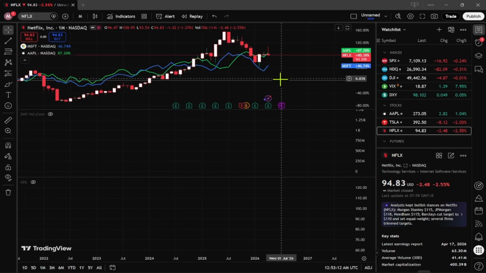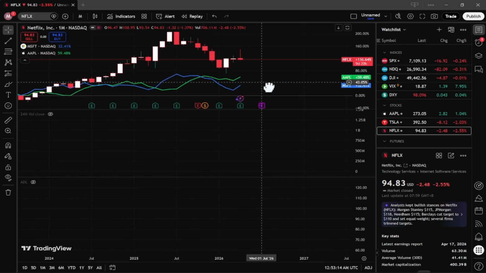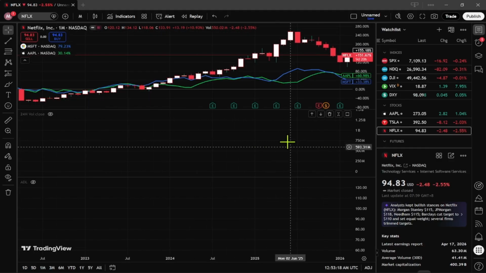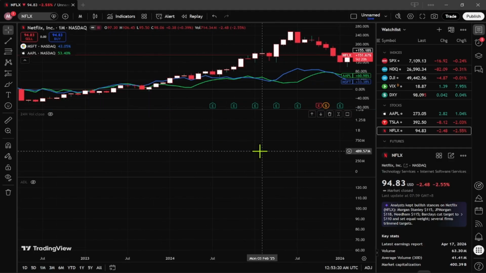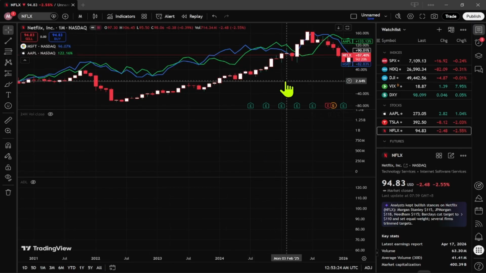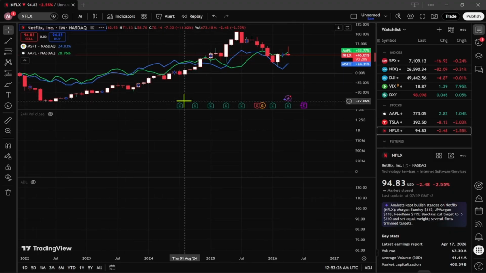So, in simple terms, open your chart, click Compare or Add symbol, search for the other asset, and add it. TradingView will overlay that asset on the same chart and switch the view to percentage so you can compare performance more easily. And that's how to compare assets by overlaying charts in